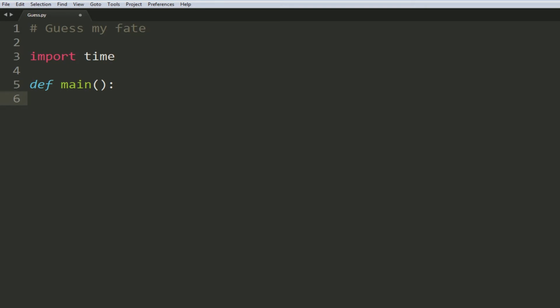Let me give you a simple demo of a function. Print "I am the main function." Now, if you run this program, it's not going to give us anything. It's not even going to print this, because all of this is inside the function main. So we are going to call the function so that this code gets run. So I'm going to say if